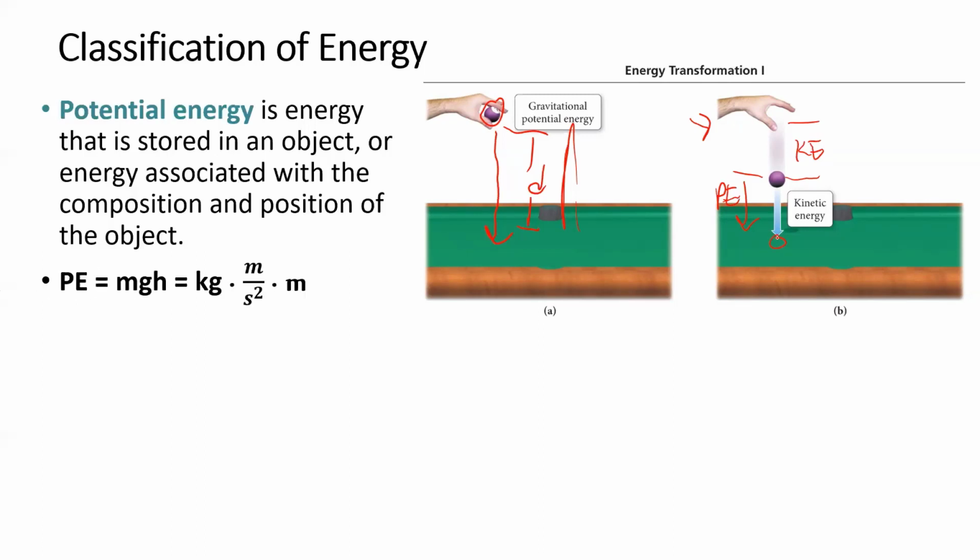So potential energy, again, if you've taken physics, this helps. Potential energy is mass times gravity times the height. So the mass of the object, kilograms, right? Gravity, acceleration, meters per second squared, 9.8. And then the distance is in meters. And what do we end up getting? We end up getting the same thing that we did for the 1/2 mv squared, the units of kilogram meter squared per second squared, which is a joule, just like we did for work in that very first slide.